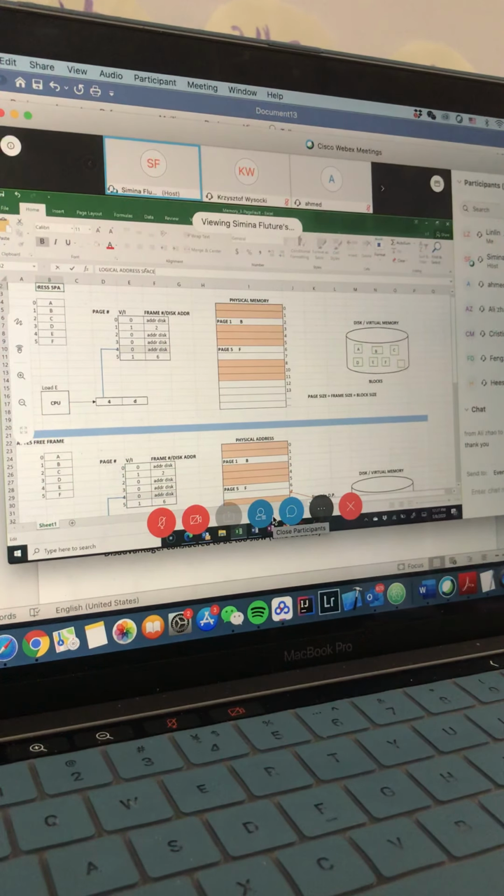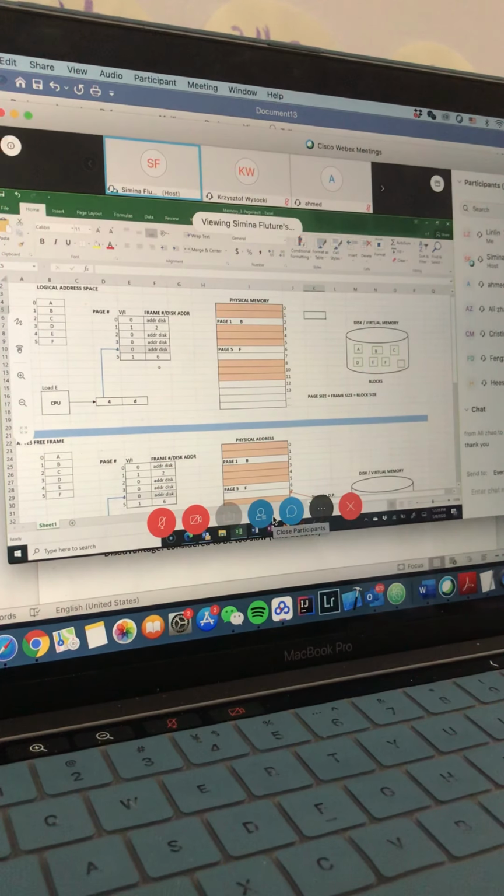Then the operating system generated a logical address space for the process. And eventually, in order for the process to be executed, whatever data is needed by the process must be brought in the main memory. The connection between the page number and the frame number is given through the page table. And in this picture, we have additional information, which is the valid invalid bit.